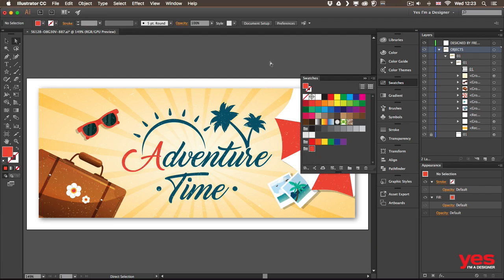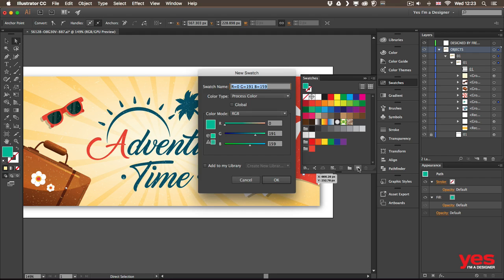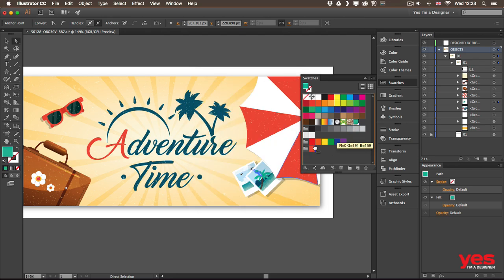Let's try to save another swatch now, but by using a slightly different method. So I'm going to select one of these colors here, this bright green, almost mint color, and I will click on the new color option. Once again, I can decide how I want to save it. Let's just save it as CMYK, and then I will also decide to have this set up as a global color. When I click OK, I can then move this into that color group that we created,